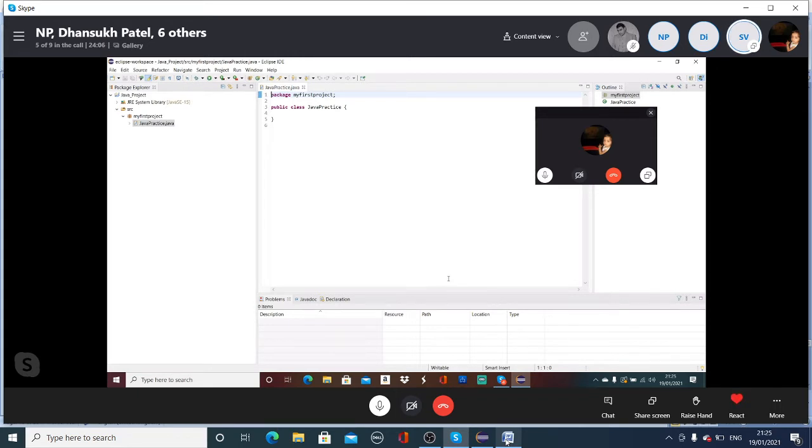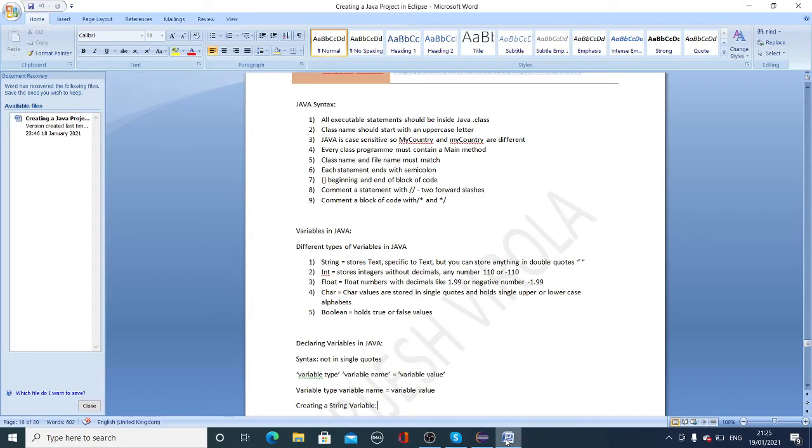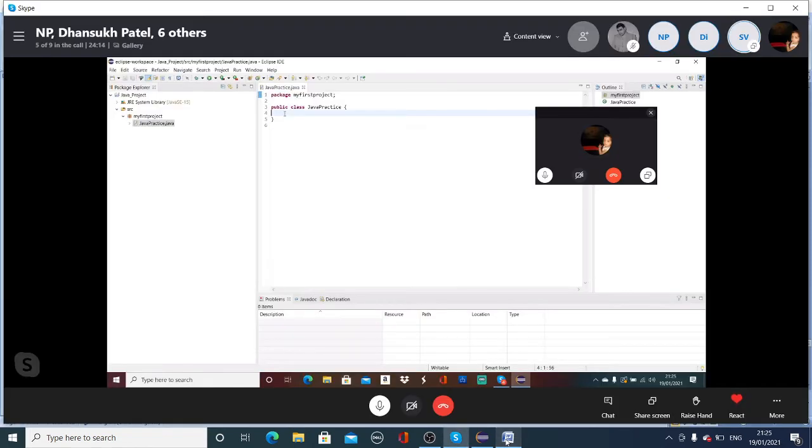So here, this is the class. So let's play with some syntax rules. We don't have a main method. So if you right click and try to execute it, run as, you won't have the Java application option even. So shall I write public static void main? Not yet, just execute it, see what happens.